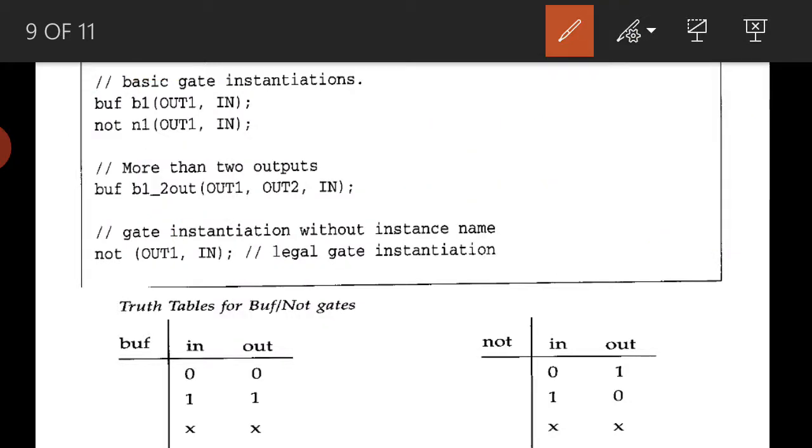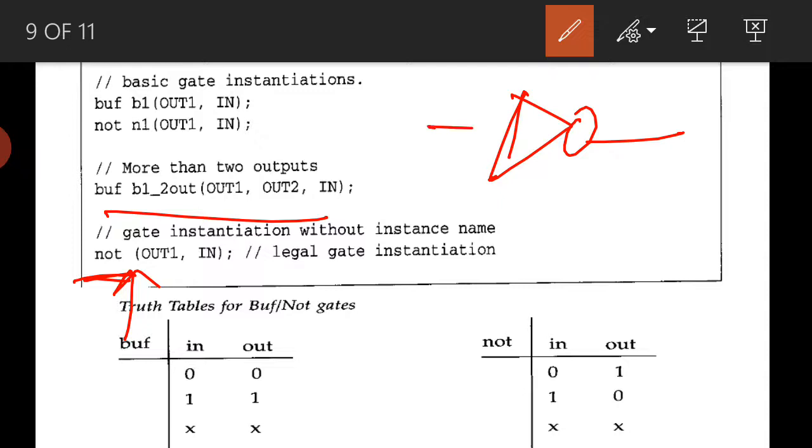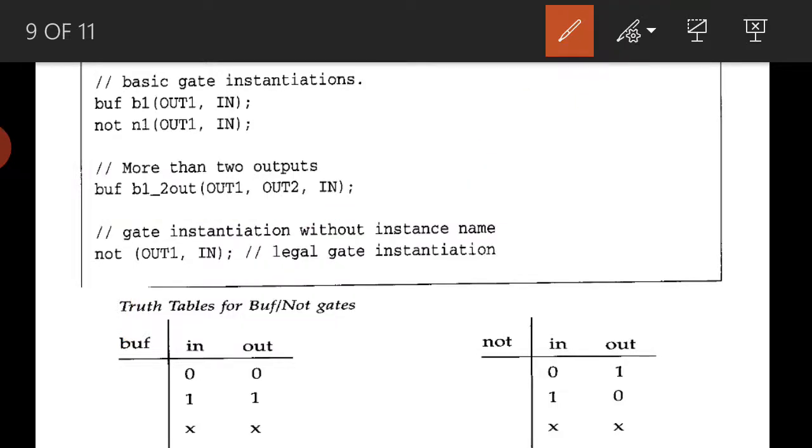This is what we call the buffer. Similarly for the NOT gate, here we have not mentioned the instance name. As I told earlier, the instance name is not compulsory, but when we are using multiple components, if we use more than one NOT gate, we need to mention the instance name to differentiate between the components. So this is with an instance name and without an instance name.